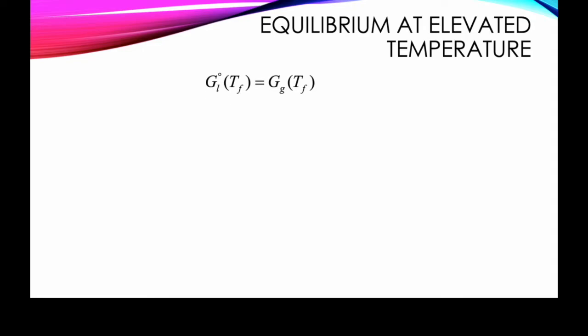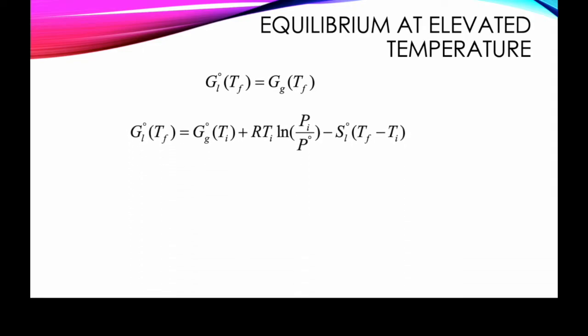All right, so let's start to take a look at the equilibrium that's occurring at the elevated temperature and start putting all these equations together. So we know that at equilibrium, again, the Gibbs energies are the same. In this case, here's the Gibbs energy of the liquid. We are again still assuming that it's standard pressure of 1 bar for the liquid, but as we know, that's not the case for the water because its pressure is not 1 bar. So that's going to be equal to the Gibbs energy of the vapor, the water vapor at the elevated temperature.